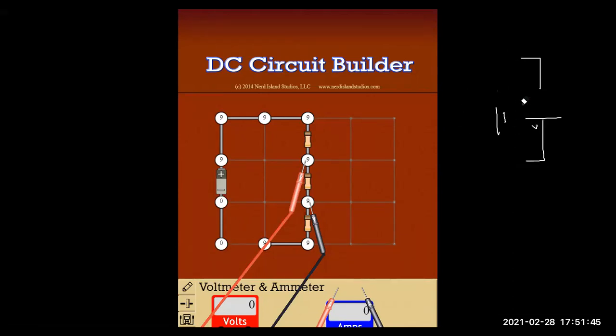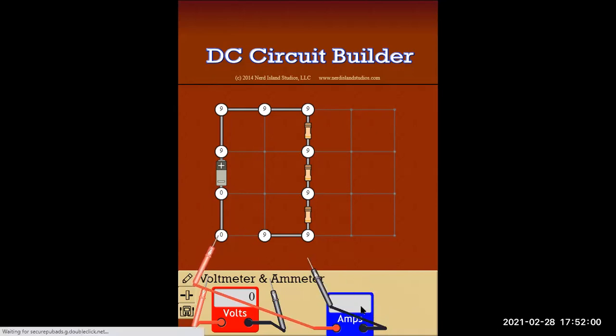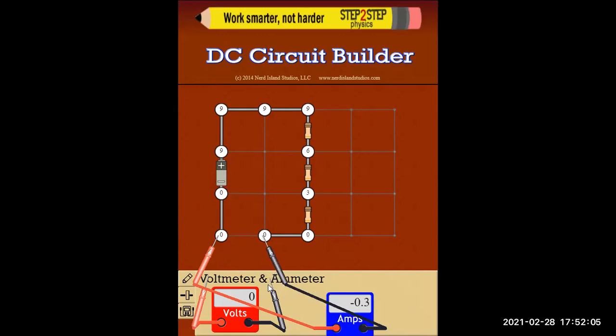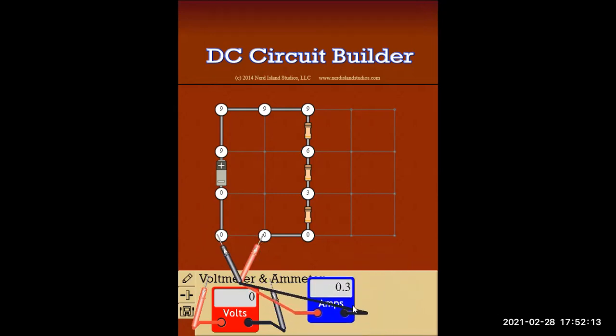Now comes how we connect an ammeter in a circuit. For connecting the ammeter, you need one terminal over here, another terminal over here, like this. Now you see some current starts to flow. I've connected it opposite, so that's why it showed me negative. Now how have I connected the ammeter? I've connected it along the circuit.